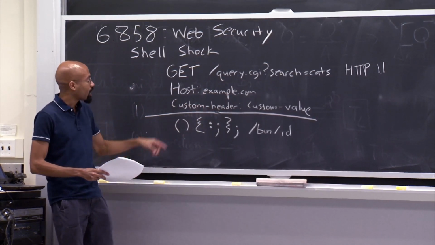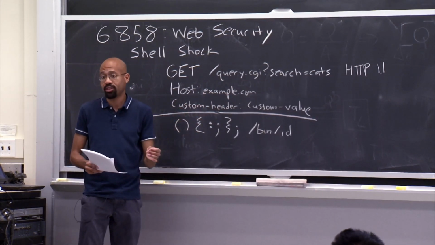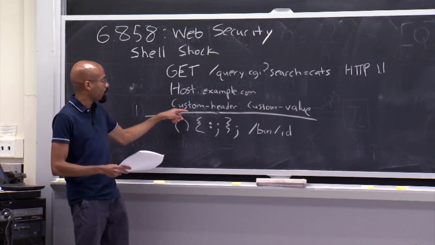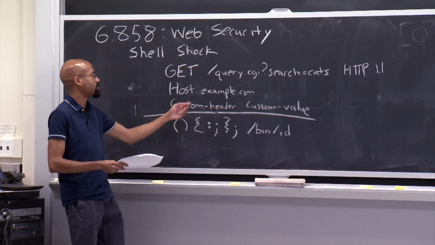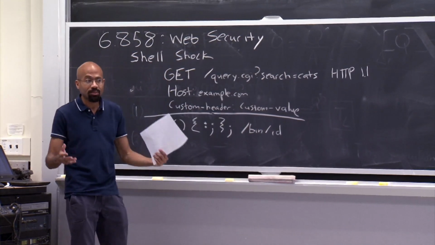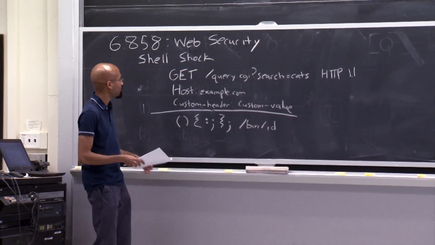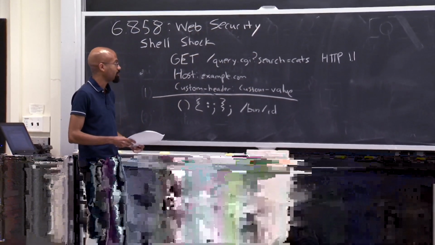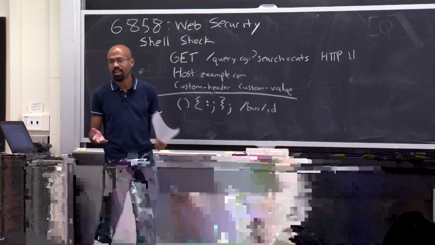Now note that the attacker can also specify custom headers. The attacker can just say, I want to define some application-specific header called custom header, and I want to specify some value there. You can imagine that a web application might define certain functionalities that can't be expressed using the simple predefined HTTP headers. That all seems fairly innocuous.